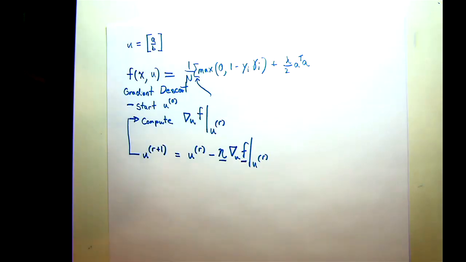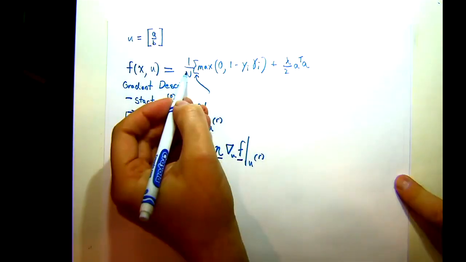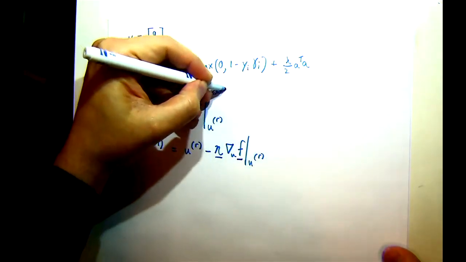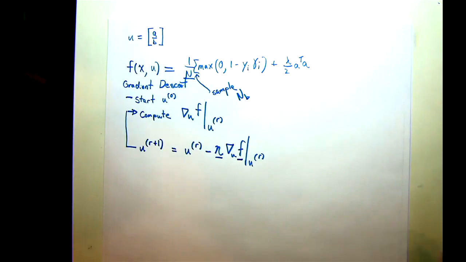The thing we're going to do is make an estimate of f by sampling. It's fairly straightforward. I can just show it here. Instead of taking a sum over all of the data points, we're going to take an average over a sample of the data points. So instead of 1 over n times the sum over all the data, we're going to take a sample of size NB. And that's called a batch, by the way.